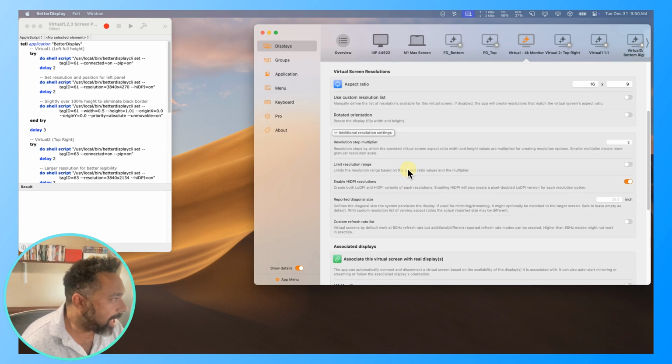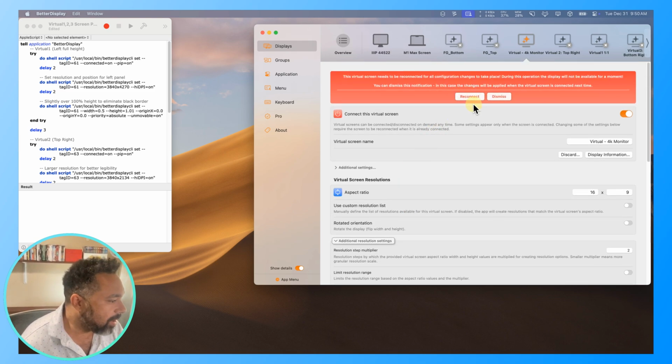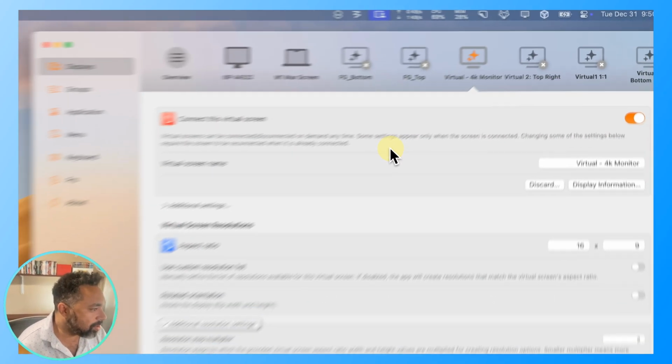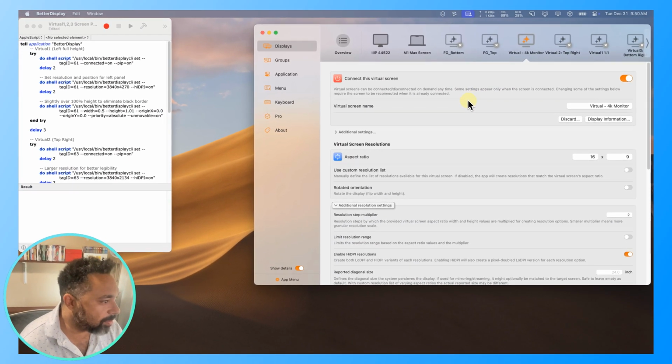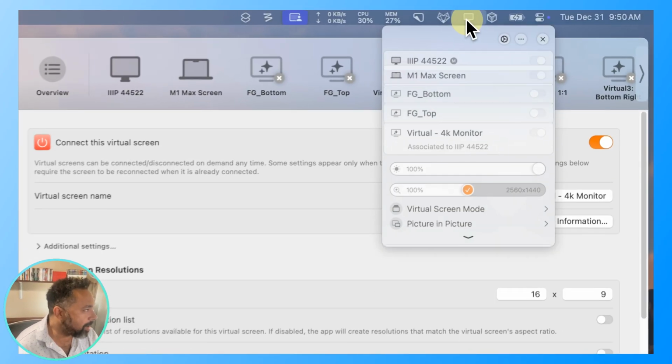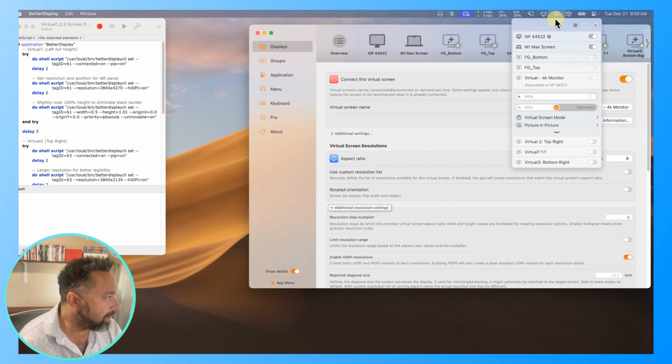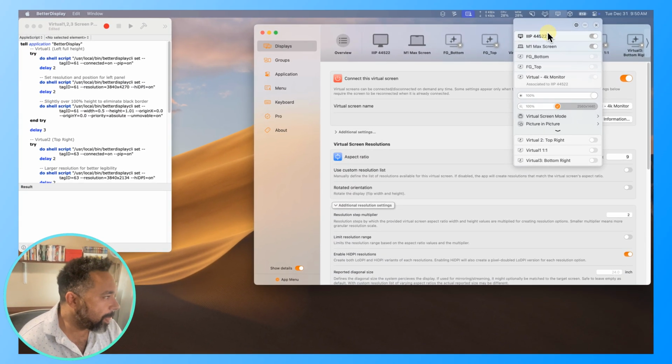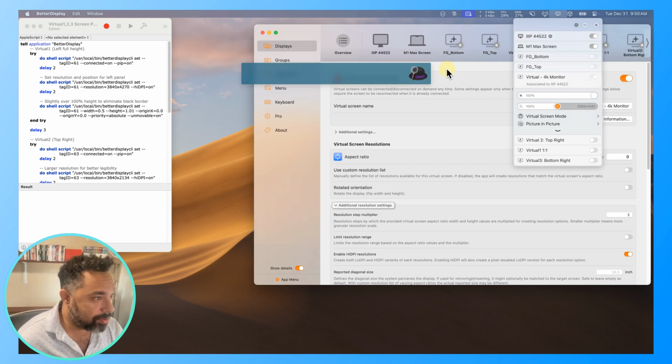I can, out of the box, but let me go ahead and reconnect and just show you what this is going to look like. So it is connected right now. So let me go to my BetterDisplay, and you can see, right, it's here. So I've just made a monitor right at the end of the day, and we can even see it if I go to,